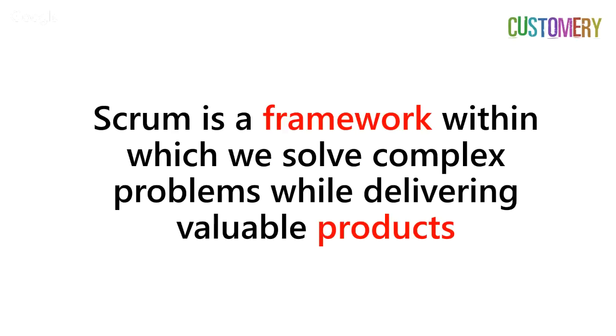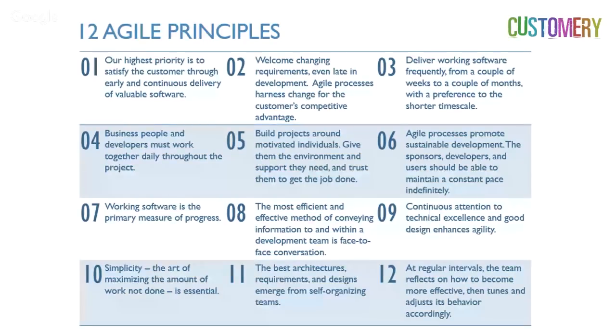Scrum is one of the frameworks from Agile software development, born out of the Agile Manifesto. It was published in 2001. Basically, a bunch of software development luminaries got together, decided there were a few things wrong with the industry, and that there were 12 principles that would put it back on track. These are known as the Agile principles. And while there are lots of different Agile approaches today, they're all underpinned by the values and the principles of the